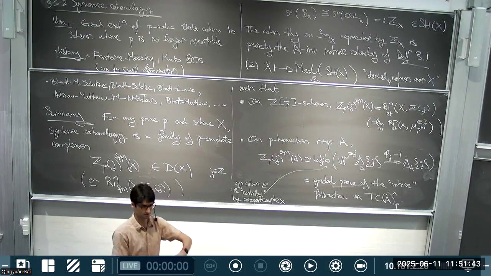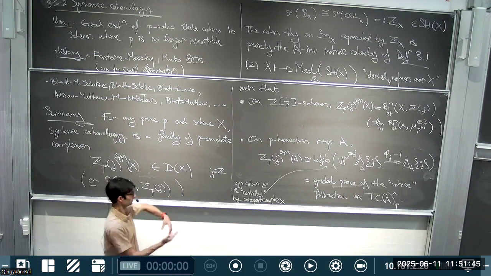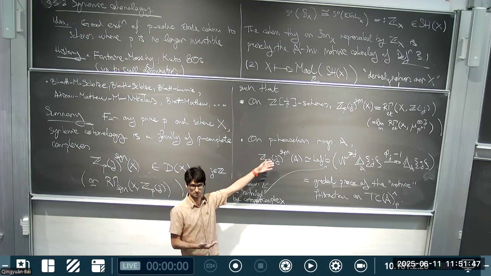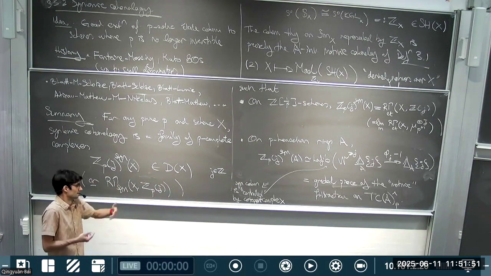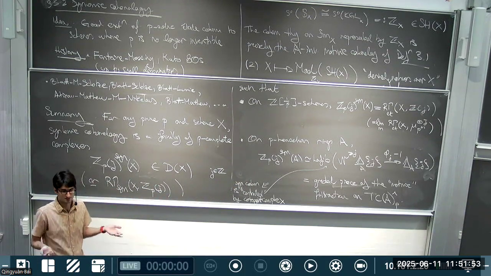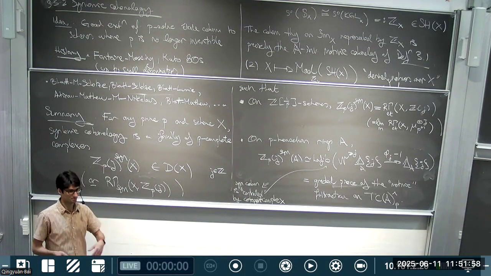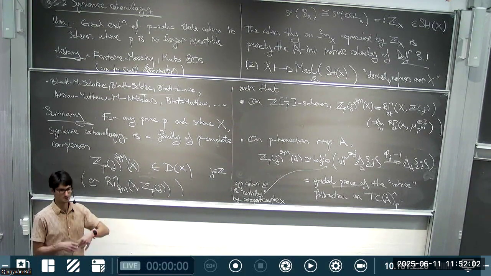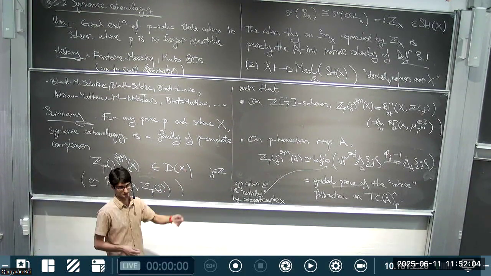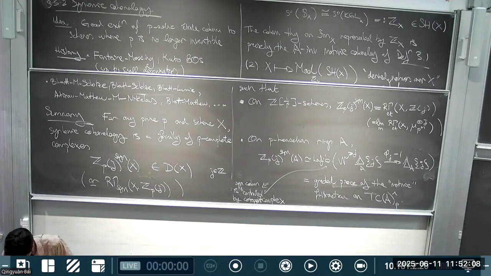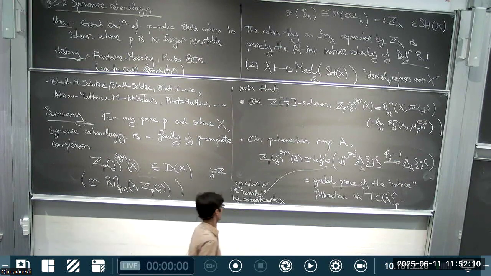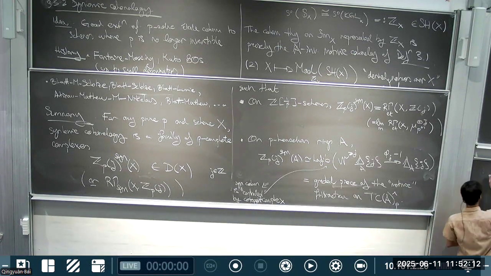So if you understand the cotangent complex of your ring well enough, you get formal results about the syntomic cohomology in the P-complete or the P-Hanselian case. For example, it would be a very dumb example, if the cotangent complex vanished, then you would deduce that the syntomic cohomology vanished. So you get a map which is an isomorphism on cotangent complexes, then you get an isomorphism on syntomic cohomology. And you use this to prove certain results about it. So in particular, this is the sort of technique you would use to prove